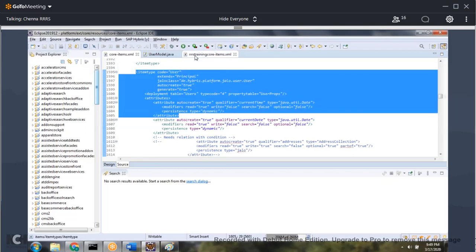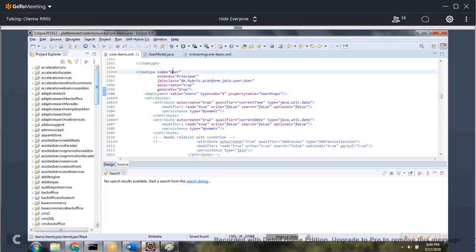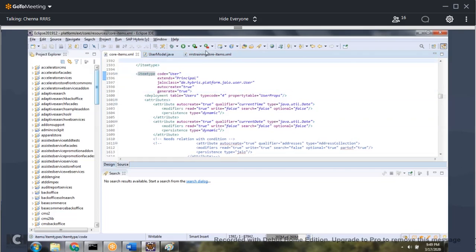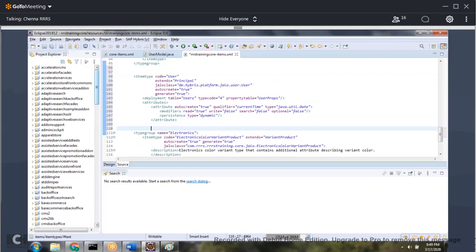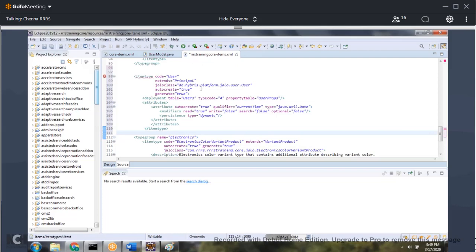Please try to understand, I'm saying it one more time. Let's say we decided to add a new attribute. A new attribute means a new column in the user table. Then we will go to the core items.xml, to attributes and item type, and here we add the new attribute.